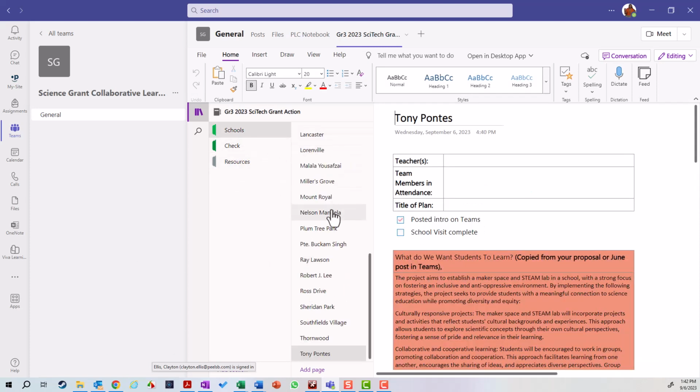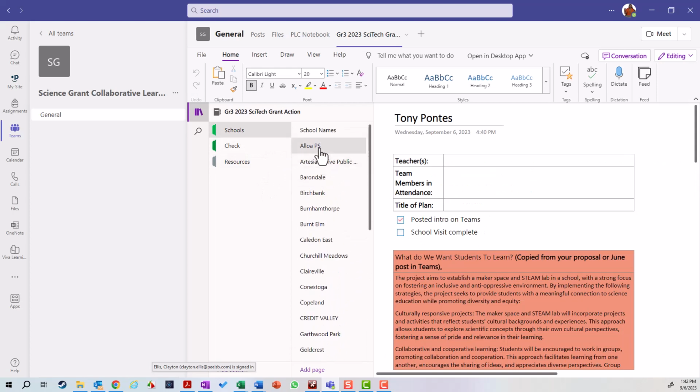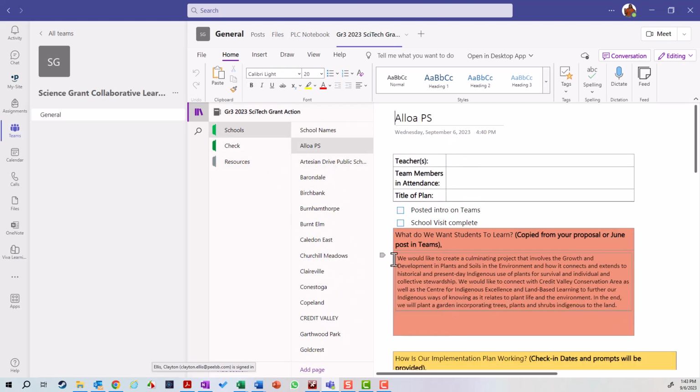So I'd ask that you go to your school, you click on your school, you complete the information. You'll notice that there's still two buttons here. Some of you did not post your intro onto Teams, so we don't know who you are, so if you could do so, please. And my school visit, so I'm visiting each of the schools that was granted funds